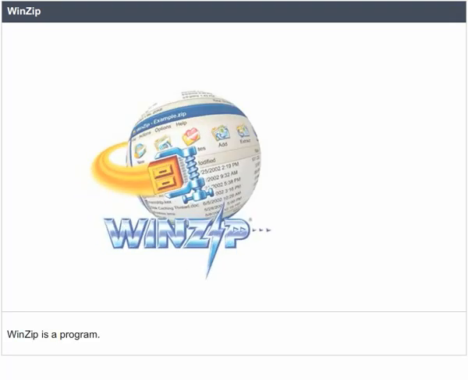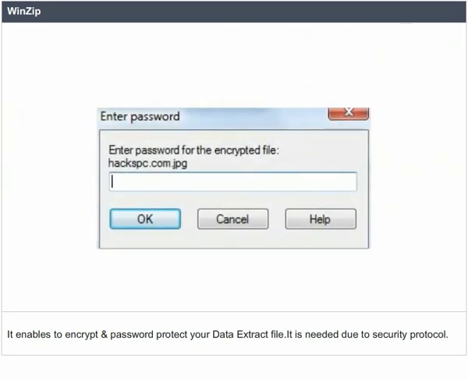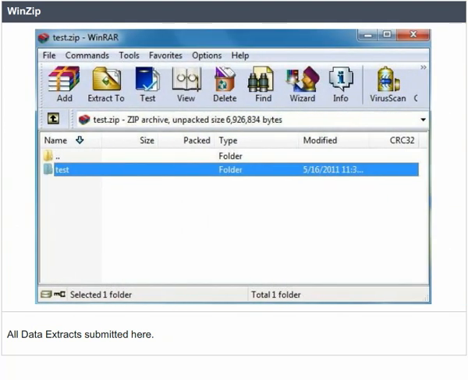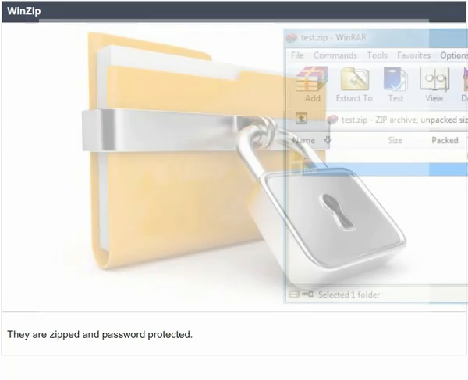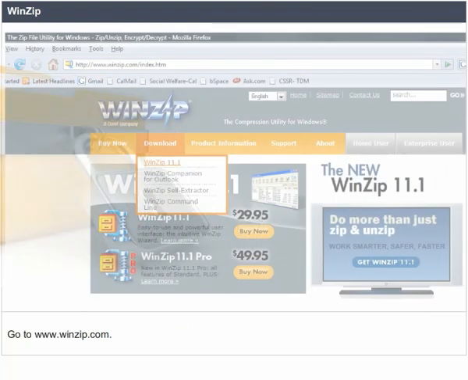WinZip. Let's move on to WinZip. WinZip is a program that enables you to encrypt and password protect your data extract file. It is needed due to security protocol. All data extracts are submitted here. They are zipped and password protected. Go to